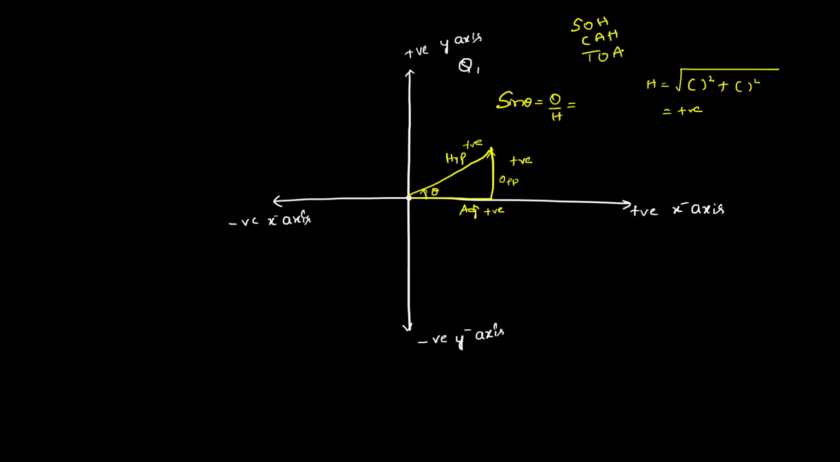So sine theta is opposite by hypotenuse. Opposite is positive and hypotenuse is also positive. So positive by positive will be positive. And if sine theta is positive, when we reciprocate it, it will become cosec theta, and it cannot be negative,